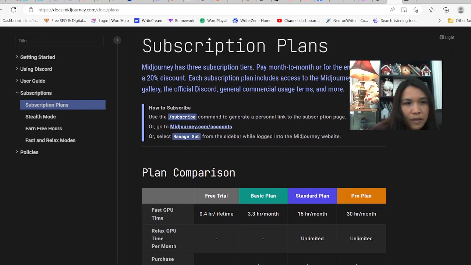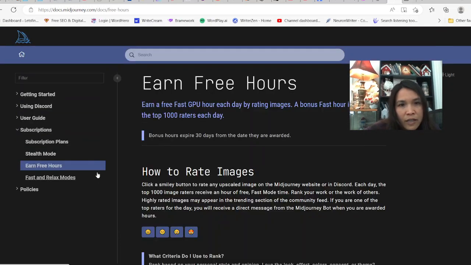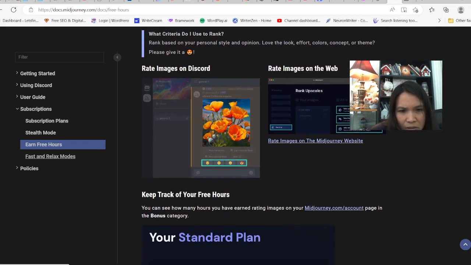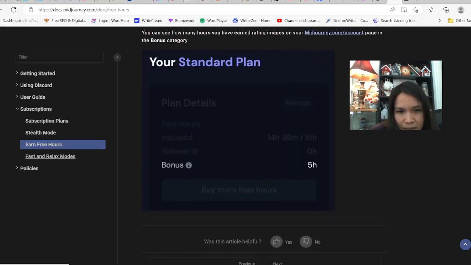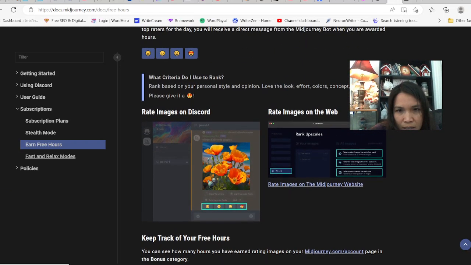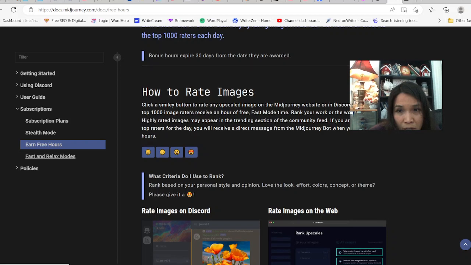So basically they have a subscription plan. You can also earn some free hours to play around with it. And I guess they calculate by hours, how many hours you get. You get a bonus of 5 hours. And for some people, if they are in the top 1,000 images rated each day, they receive 1 hour free.